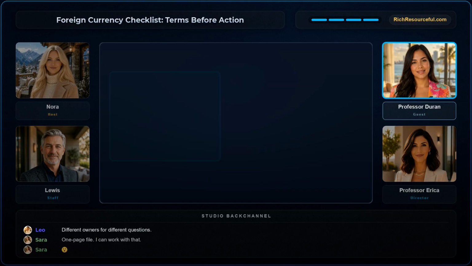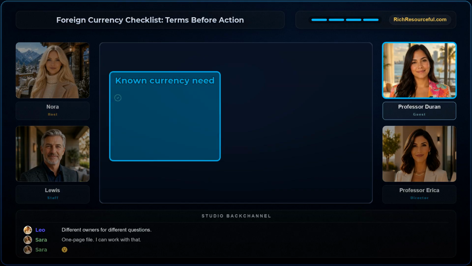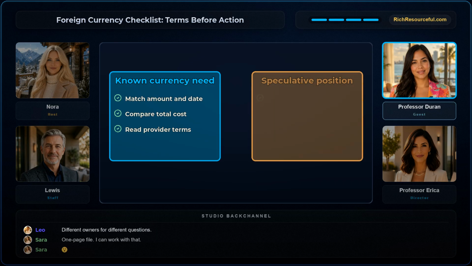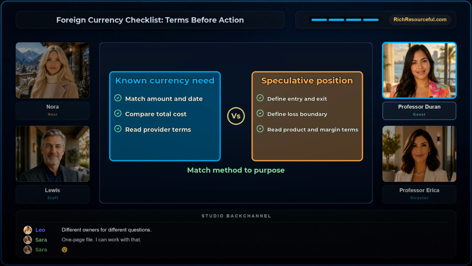You don't need a grand theory of currencies to compare an upcoming payment. You need the current terms for the method you may use, and you don't need to call a directional trade hedging merely because currency risk exists somewhere in the story. A hedge is tied to a defined exposure and still has costs, basis risk, and implementation choices to understand.